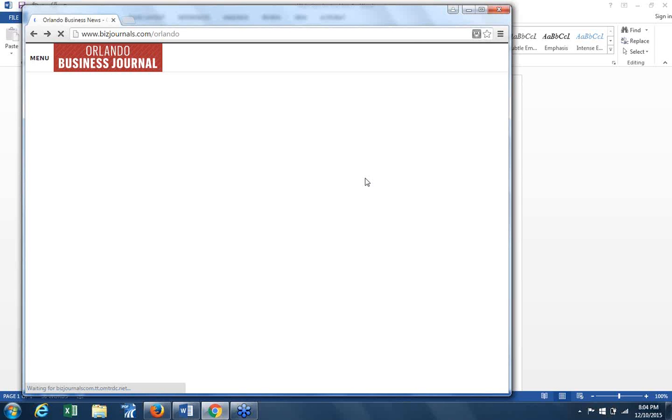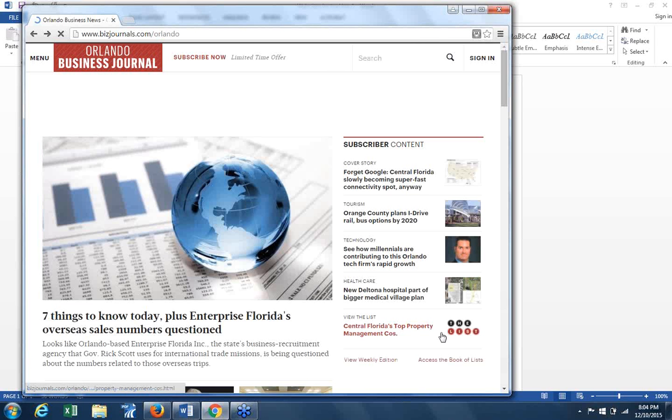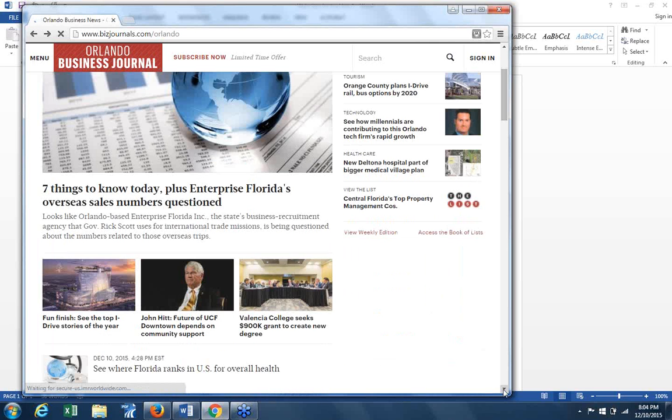Let's see. iDrive. There are all kinds of stories going on with iDrive, International Drive, with all the new development. In one 5-block area there's going to be about 6,000 construction jobs and then about 3,000 or 4,000 permanent jobs just for more attractions. And this talks about what's going on and the politics.